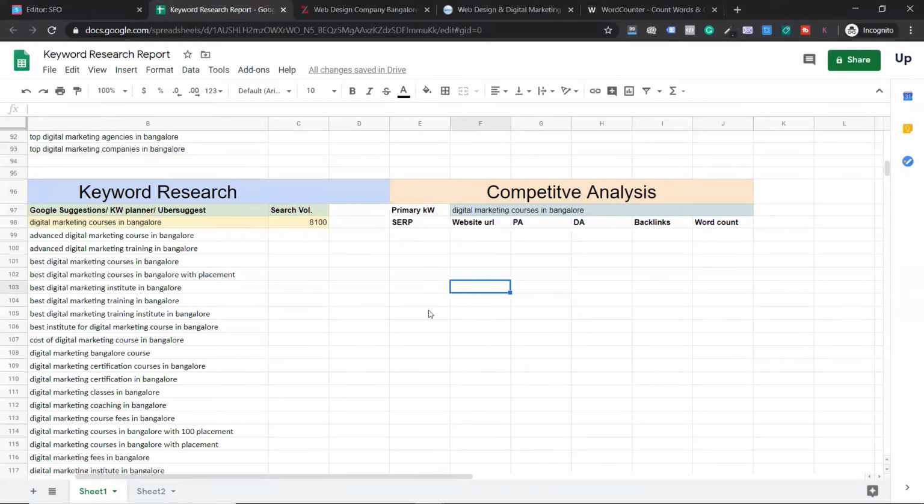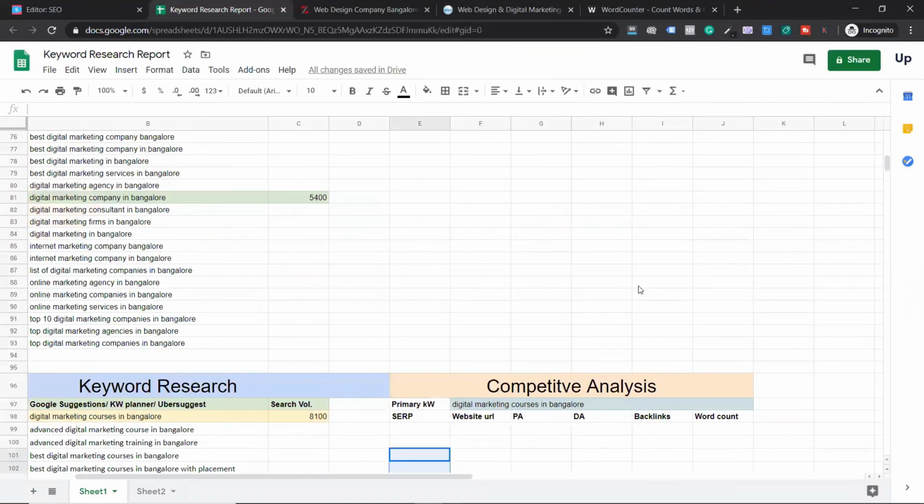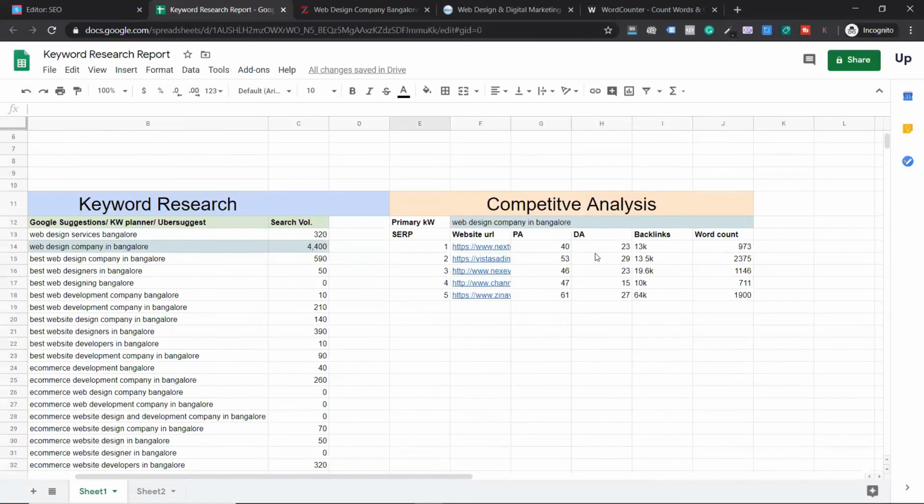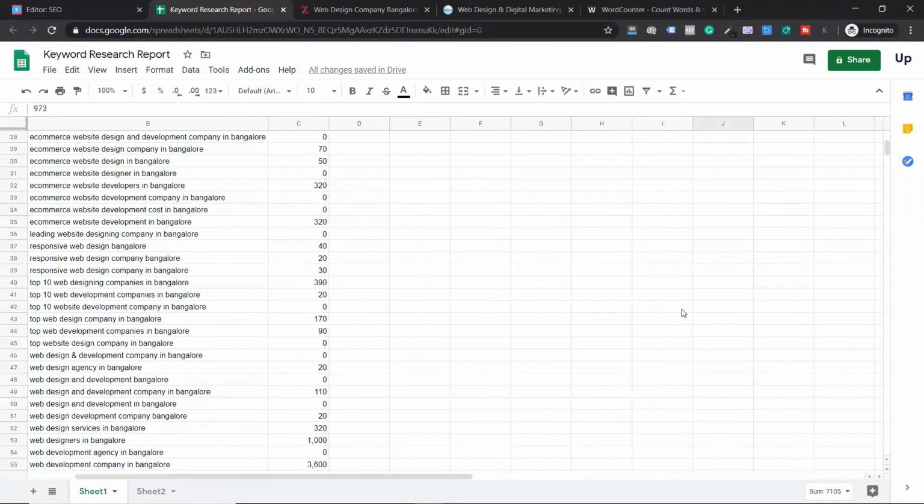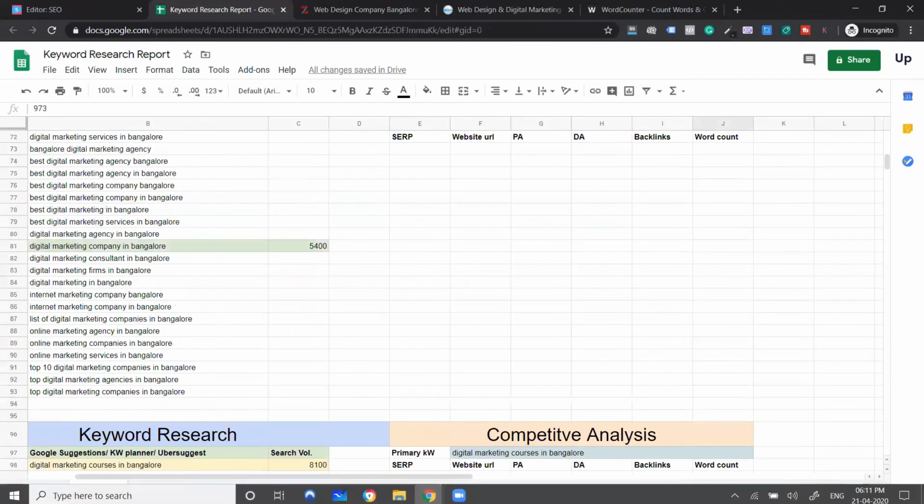Now you have to find the top 5 of all of them and understand the competition. The higher the metrics you see in page authority, domain authority, the more likely it takes more time to rank. That's what I meant. Now you can look at the backlinks also. It's one of the strong metrics to check, but sadly this example is not a great one to see 13,000 backlinks. You think when I build, those backlinks may not be that worth it, so you may end up not building that many links. You can see the word count. Like this you have to do it for all their competitors.